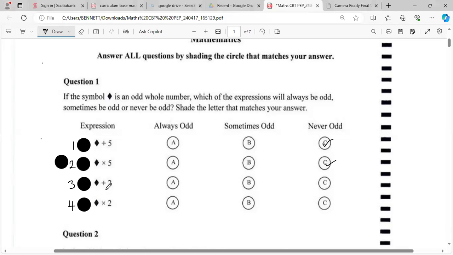What about if you add 2? 3 plus 2 is 5. And if you add 7, 7 plus 2 is 9. So basically it's A, always odd. All right. Then times 2. Times 2, if you times 2 by 4,